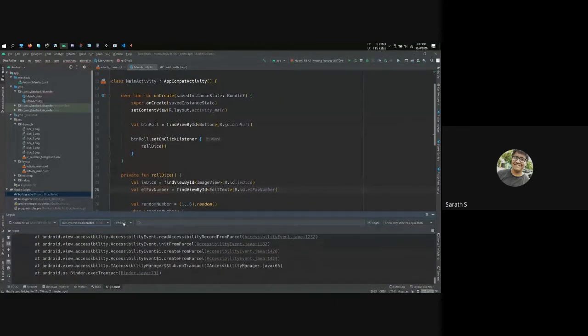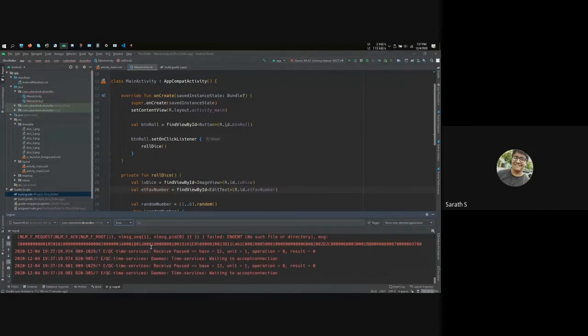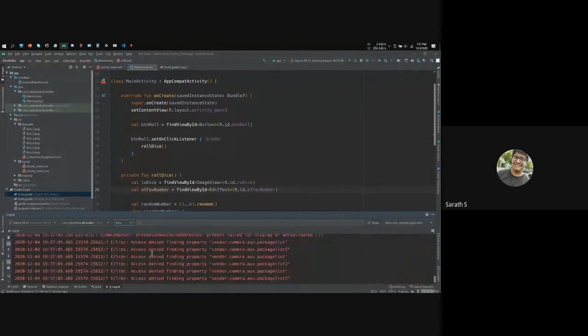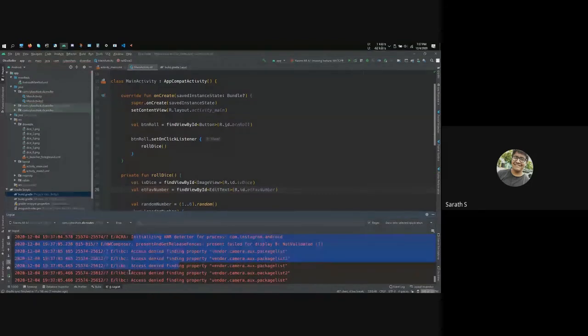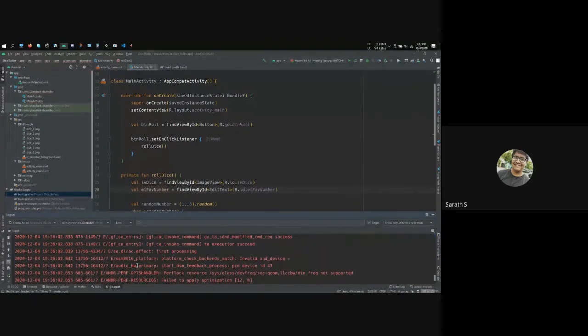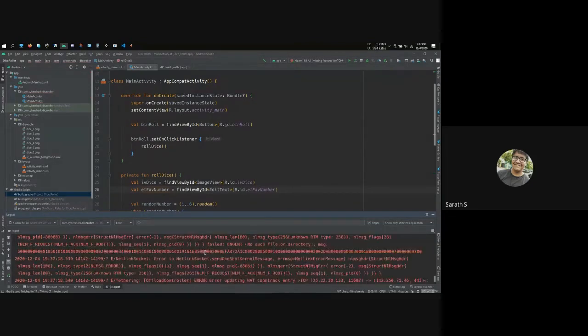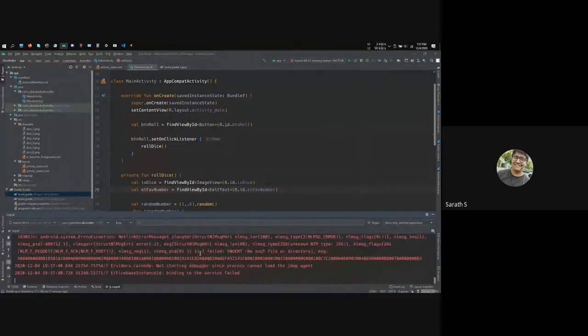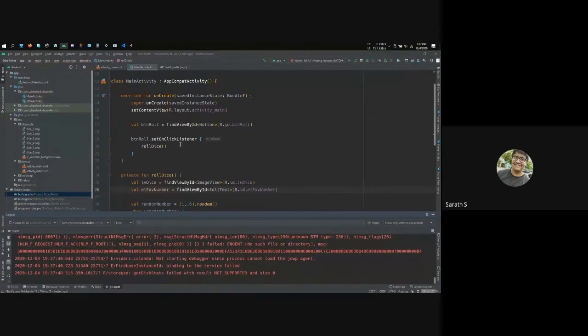So if I'm running this app, and if I go under error, so if some error were to happen, it would show under here. All these errors are nothing. This is not from the app. This is from whatever is running on my phone, right? So when your app crashed, you could easily view where your app crashed here, and it would just say what caused the crash as well.